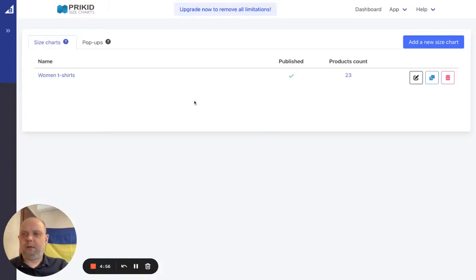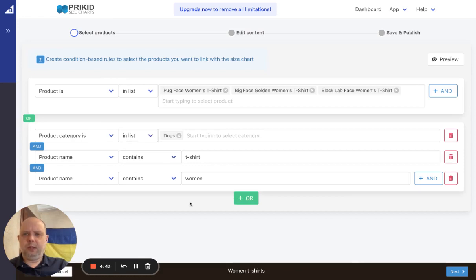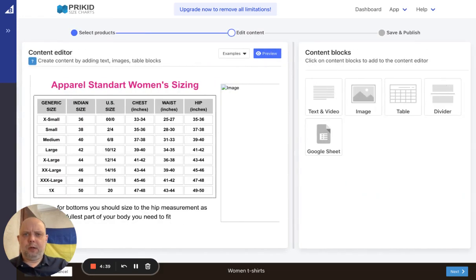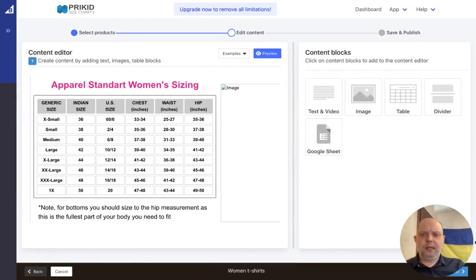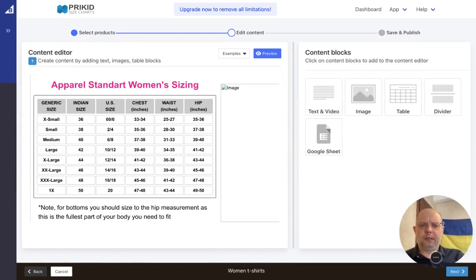I'm the developer of the Prikid Size Charts app for BigCommerce, and today I want to talk about size chart layouts and how to use it. So let's open our size charts we created in the previous video and go to the second step where we can edit the content. As you can see here, we have this layout and we have these blocks